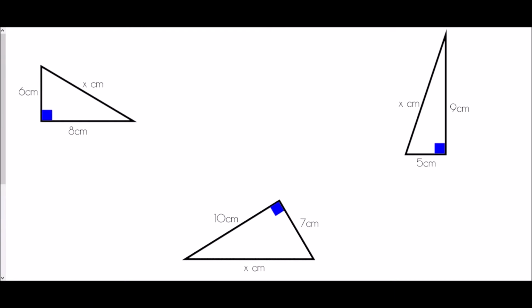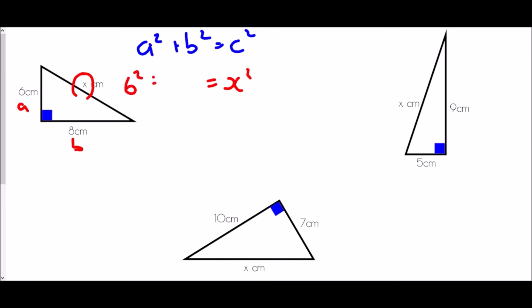Okay, so we're going to begin by trying to find the hypotenuse of some right angled triangles. And so in each case, what I want to begin with is that formula: a squared plus b squared equals c squared, and I'm going to keep writing this just so that it gets absolutely stuck in my head every time I try to attempt a question about Pythagoras' theorem. And in this case, remember, c must always be the hypotenuse, and therefore this one is going to equal x squared. The a and the b then don't really matter that much, but generally I would say b is the base just because it begins with b, and a is the other side, and so 6 squared plus 8